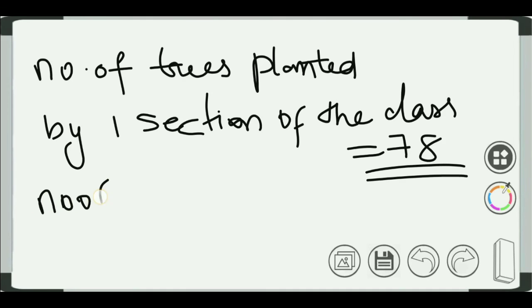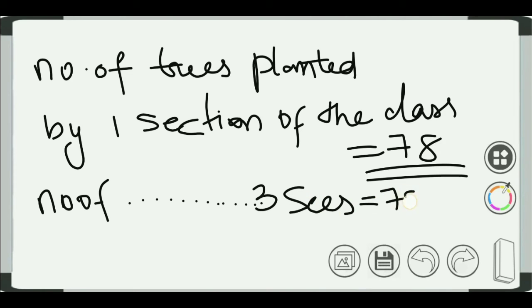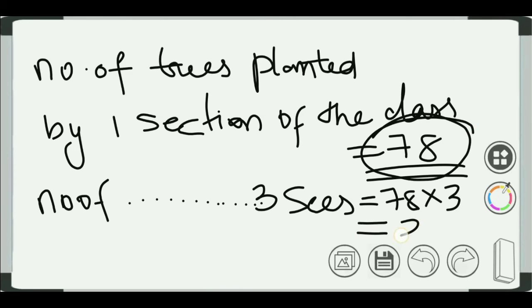The number of trees planted by 3 sections of the class is equal to what? 78 into 3. Now we found only one section, so 3 sections will be into 3, which is equal to 234. 78 into 3 is 234. Therefore, your answer is 234. You can conclude the answer as 234